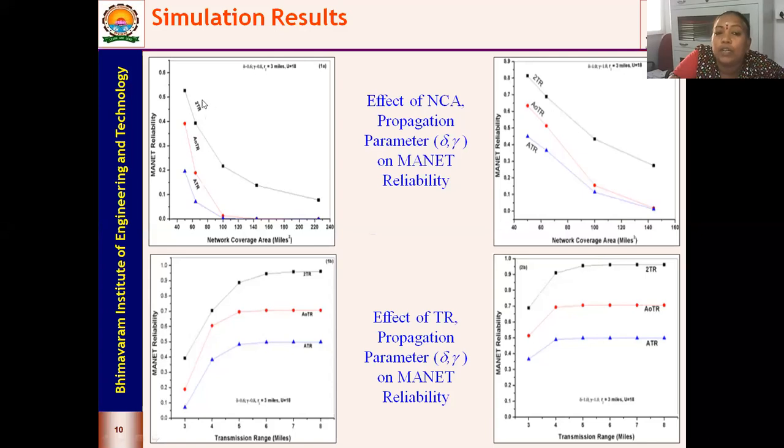So in two terminal reliability in this case, we have two nodes, that is a source and a destination, connected through a link. So now if the reliability of the nodes is 0.9, since there are two nodes, it will be 0.9 into 0.9. And here the reliability of the link is to be considered because it's a probabilistic value. So if the link has a value of 0.9, that means it will be 0.9 into 0.9 into 0.9.